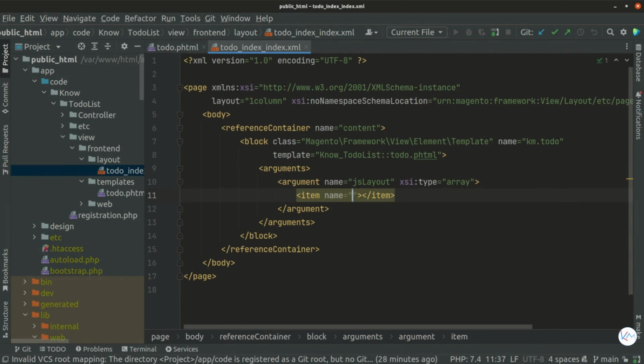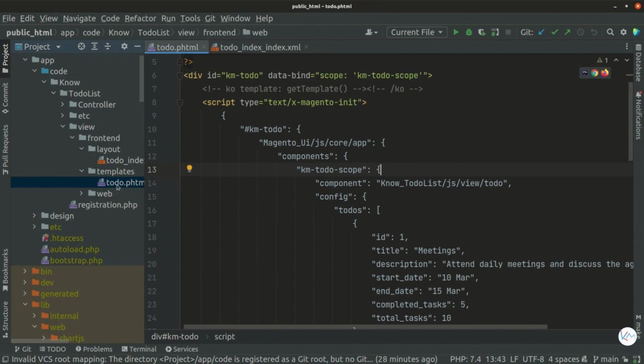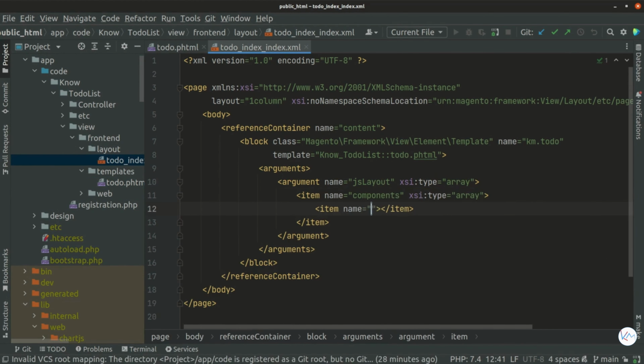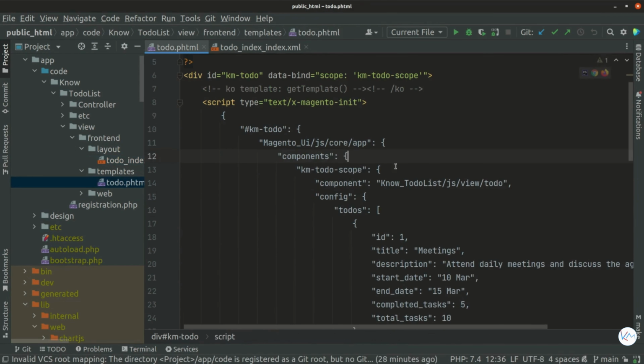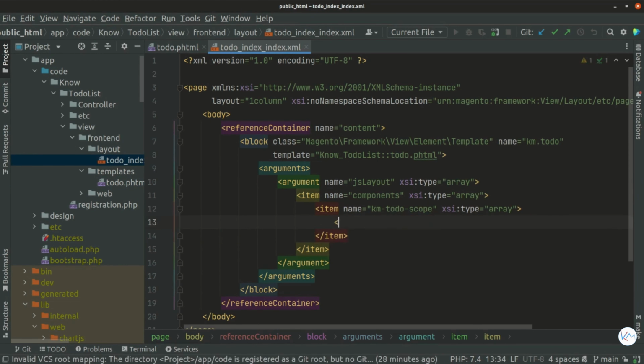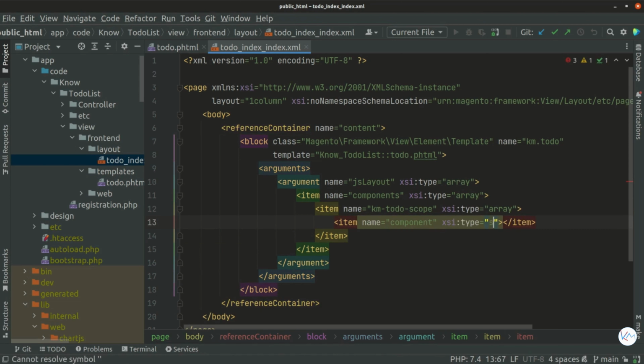Under argument, add item node. We will begin adding from components node and then its children. Specify components node with XSI type array. Then create node for game-to-do-scope. Specify XSI type array. Create component node under game-to-do scope and specify XSI type string because it's going to contain